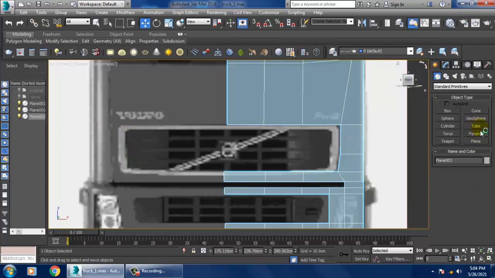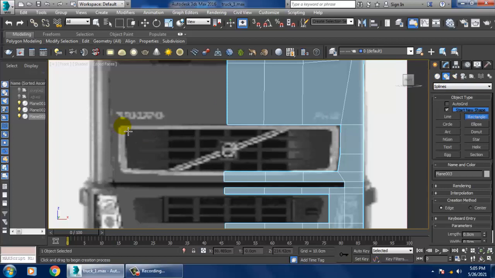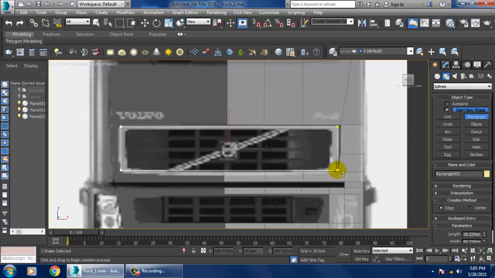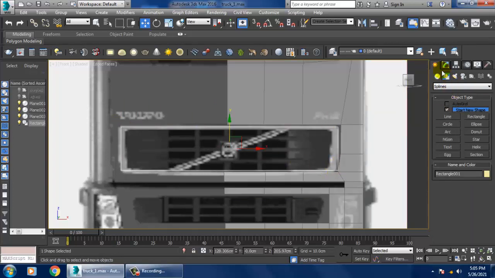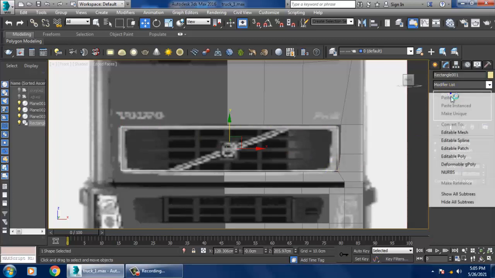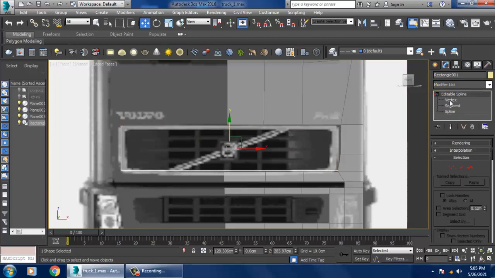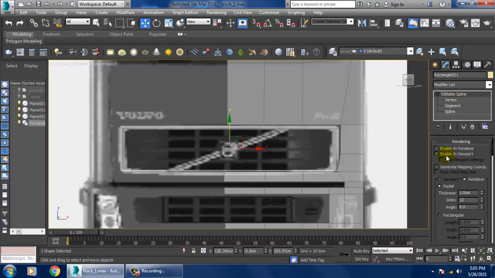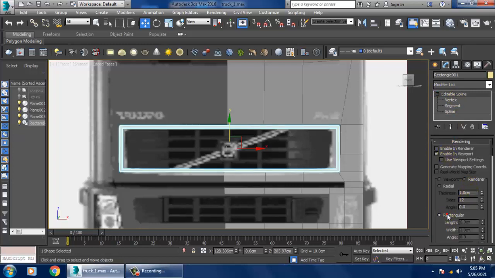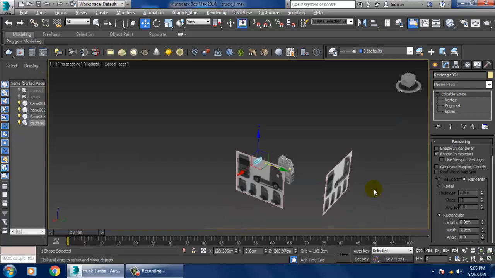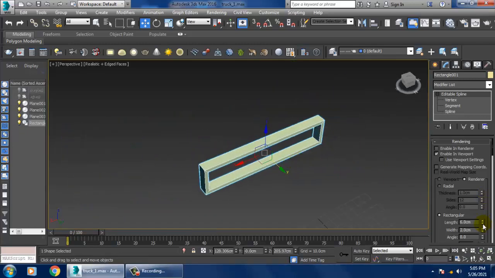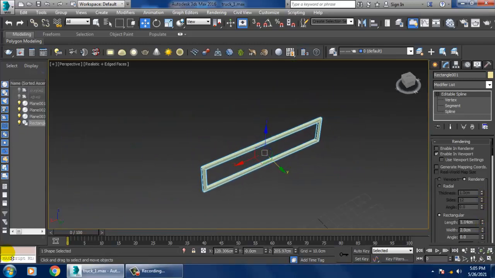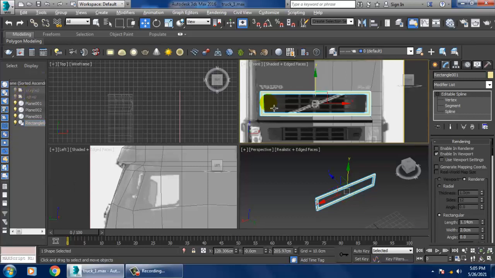For that, let's go into the spline and take a rectangle for now. Enable editable spline. Let's go into rendering, enabling viewport. Let's make it rectangular and reduce this thickness.